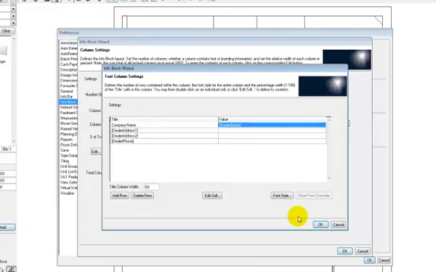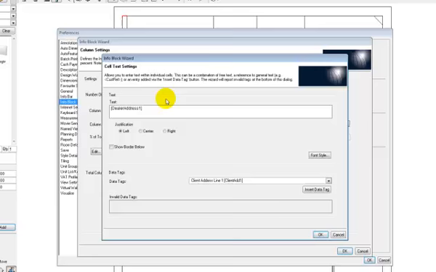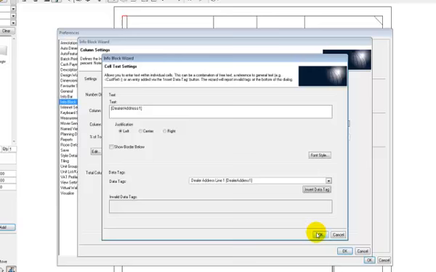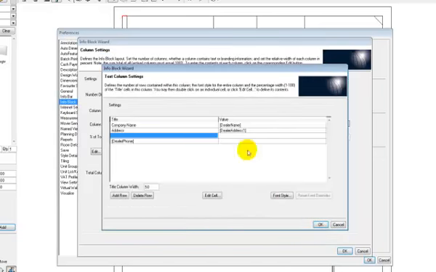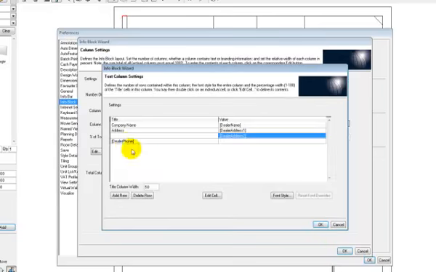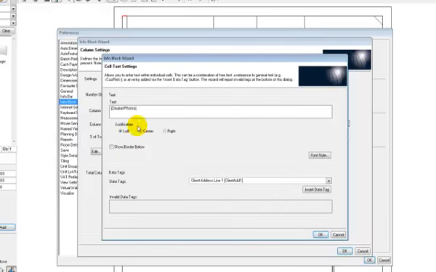We can, if we're happy with that, let me just change this address. Click OK, and then insert data tag. Inserted the wrong data tag. Let's just delete that. We'll put there dealer address line 1. Insert. OK. Delete this text. We'll insert dealer address line 2. OK. And then we'll put there